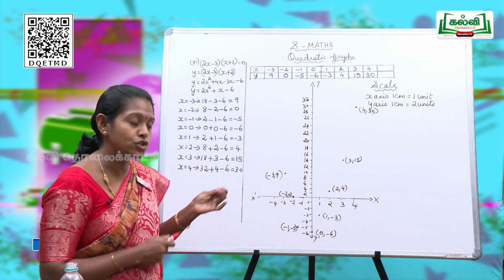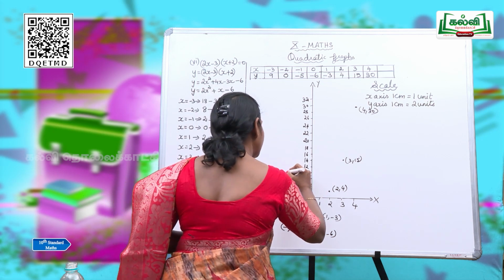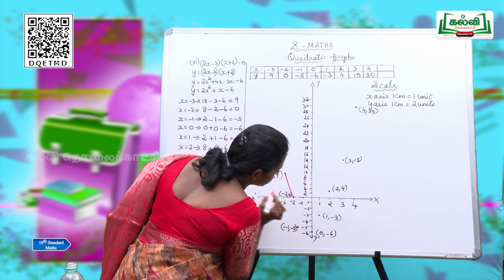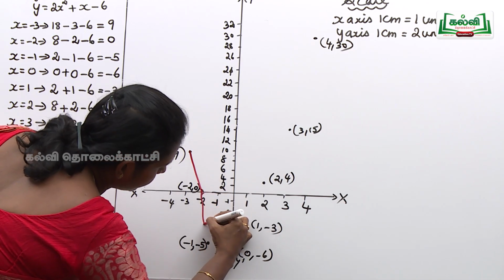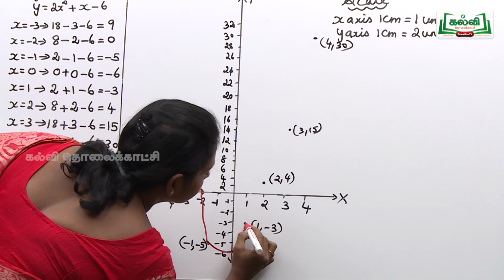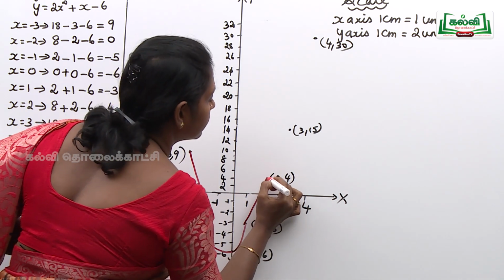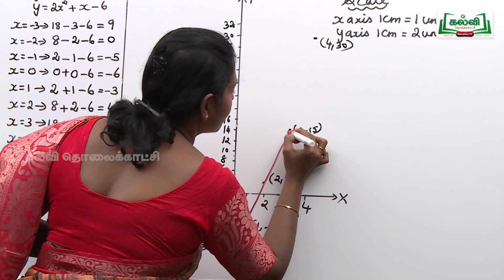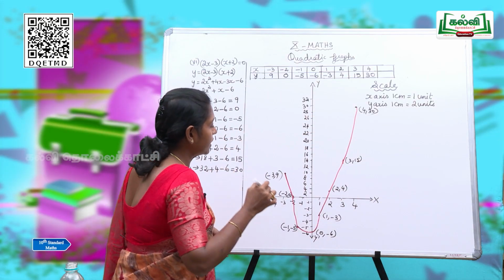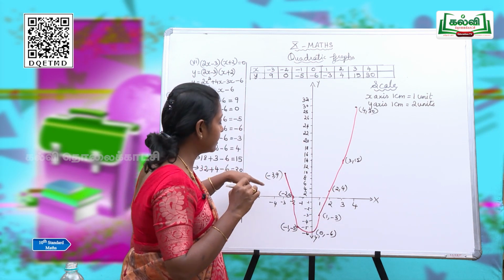Now we are going to join it. We will check whether we are getting the parabolic curve or not. From the beginning you have to join like this. One point in between. You are not supposed to leave any point, even if it is on the x-axis or along the y-axis. Are you marking? Yes. Join it. We are at the last point. Of course, we are going to finish it. Yes, we finished. Somewhat, it is a parabolic curve. So, it's a curve, it is not a straight line. That you can understand very well.